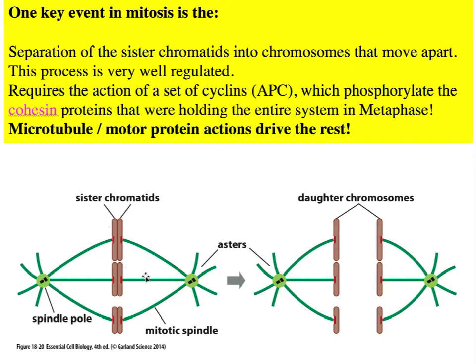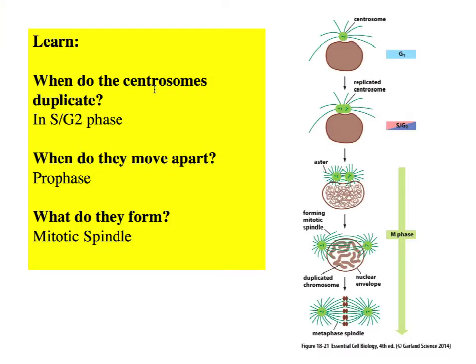And the process here is very similar to what we learned in a previous chapter, where the plus end of the microtubule begins to be degraded, resulting in the shortening and the movement of the chromosomes to their locations. Let's take a few seconds and study the centrosomes.